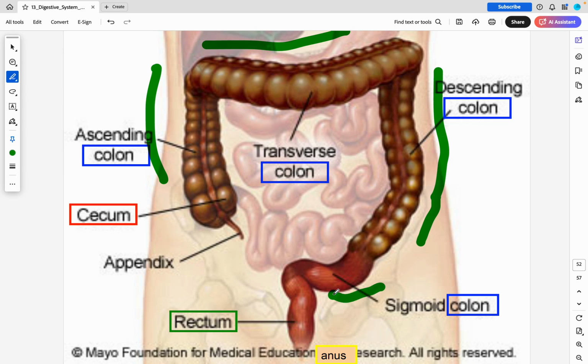So the colon is the middle portion of the large intestine, and divided into four. You can see here, ascending travels vertically to the right side of the abdomen, transverse travels horizontally, descending travels vertically on the left side, sigmoid is S-shaped and connects the descending colon down to